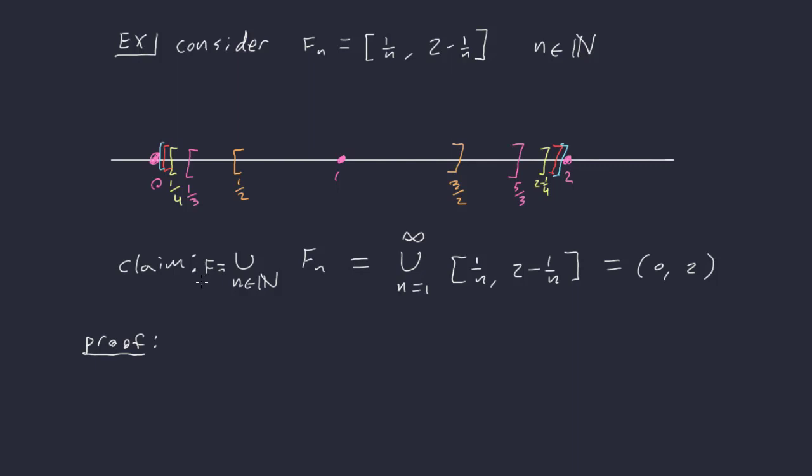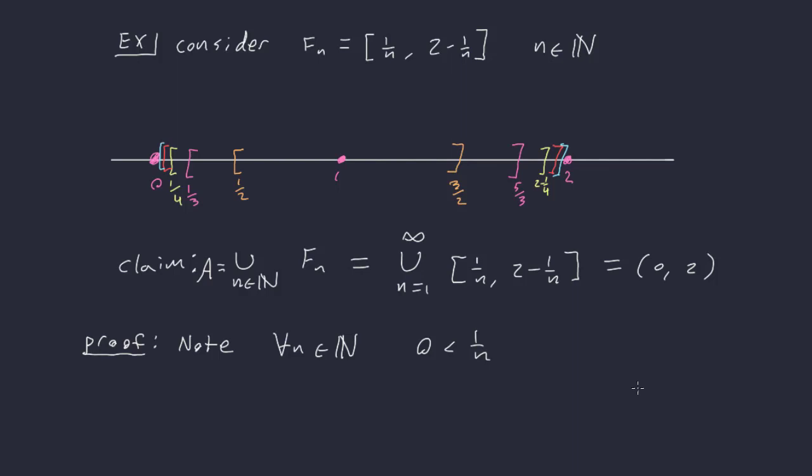Actually, let me just call it A. I don't want to give the impression that it's closed. Okay, but in general, so note that for all n in the naturals, 0 will be less than 1 over n,